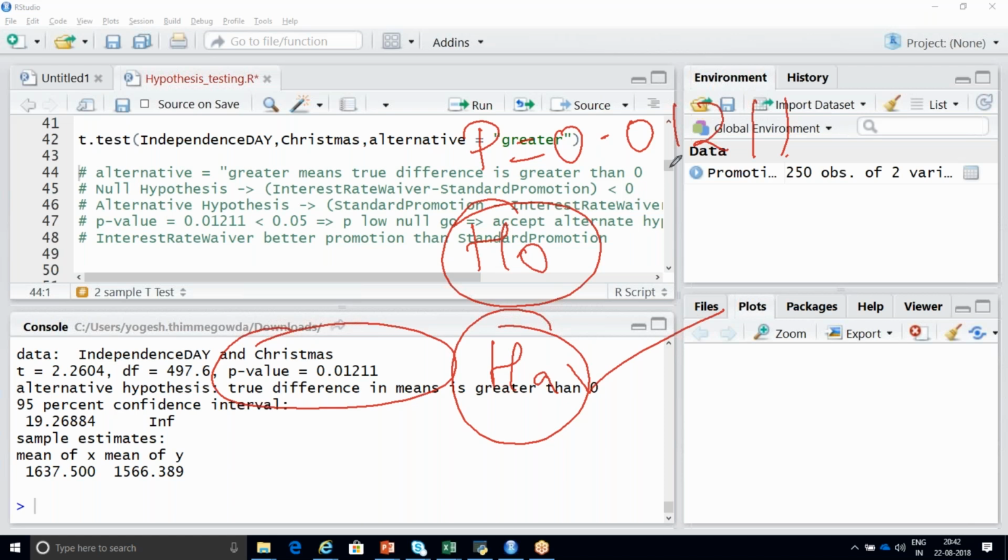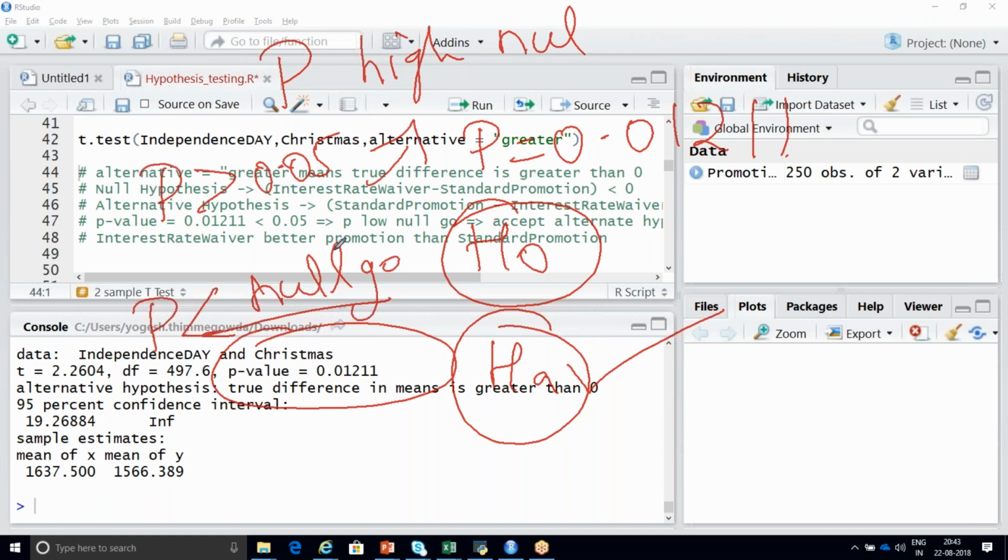What did I tell you? If p is greater than 0.05, you should go for the null hypothesis. If p is low, null go.